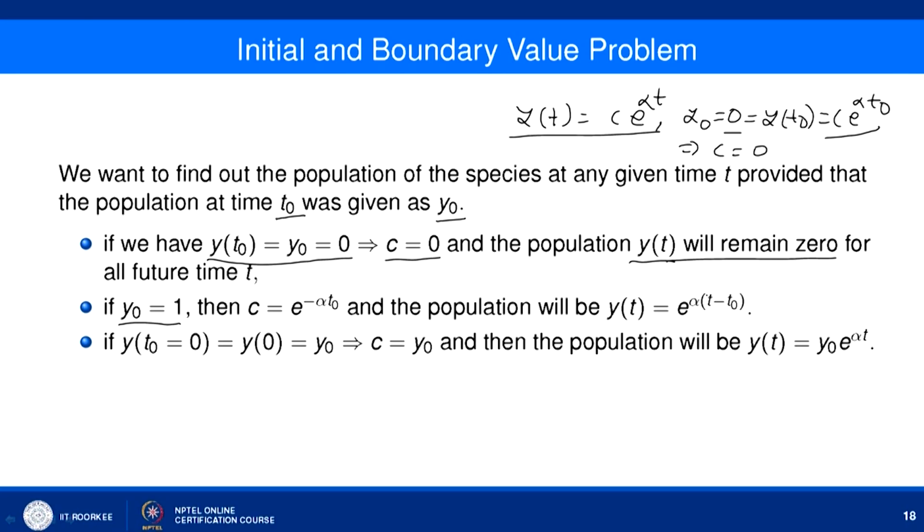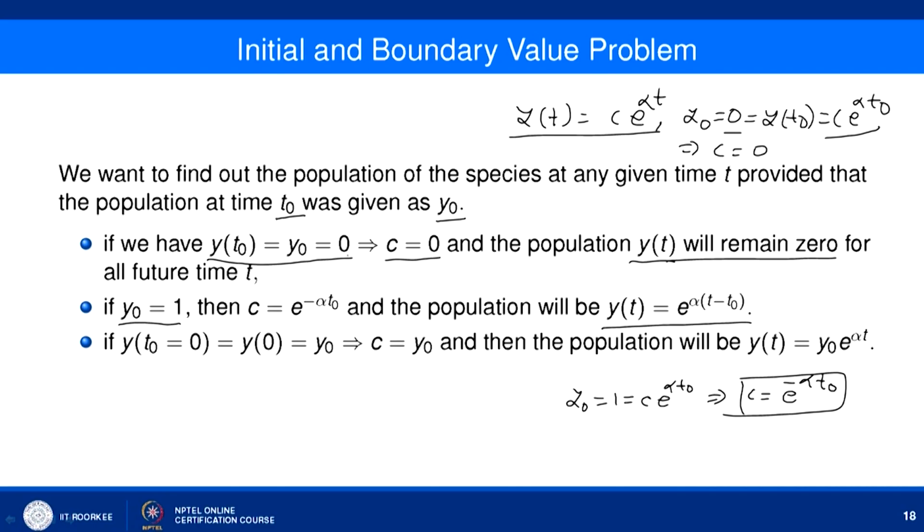That also you can check here: in place of 0, it is 1. So, if it is 1 equal to c e to power alpha t naught, then c is coming out to be... So, here if we consider y naught equal to 1 equal to c e to power alpha t naught, we can check that c is coming out to be e to power minus alpha t naught. So, using this value we can write our solution as y t equal to e to power alpha (t minus